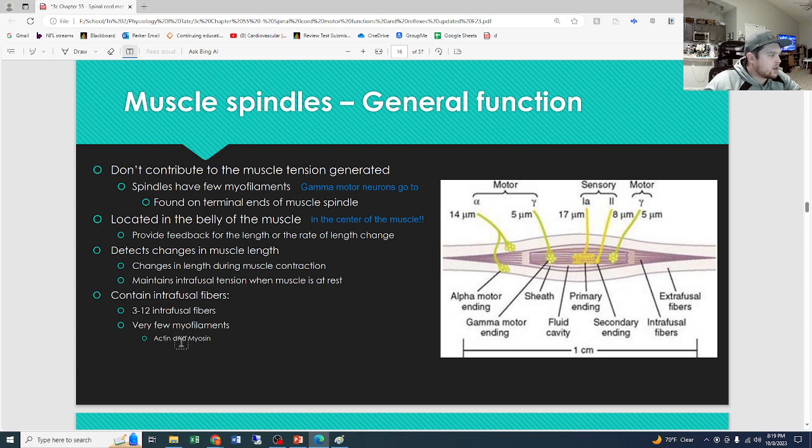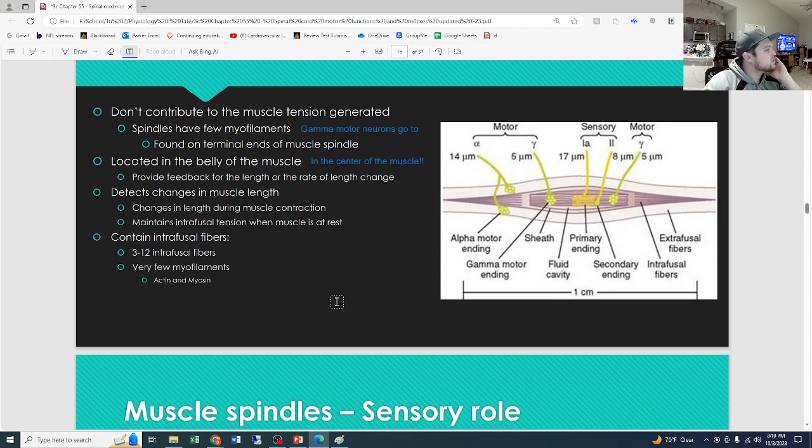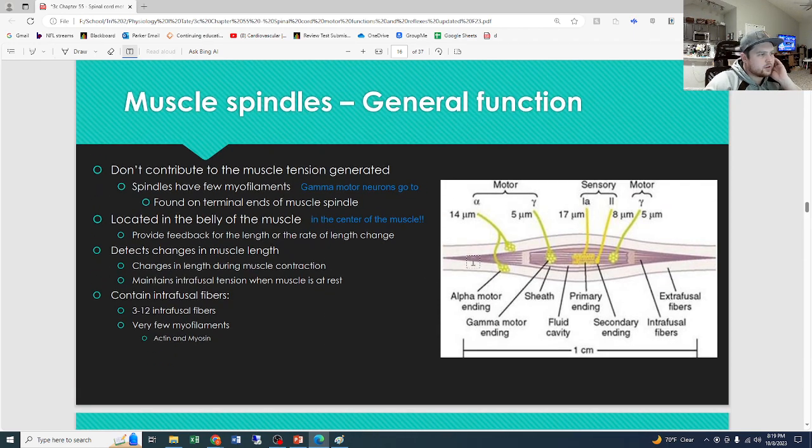So again, they have a couple of the myofilaments of actinomyosin because they need to be able to adjust and maintain the tension to give an accurate signal. It's not super important. That's why you have your alpha and your gamma. Alpha motor neuron goes here, gamma motor neuron here. Sensory type 1A is coming from this. There's also a sensory type 2